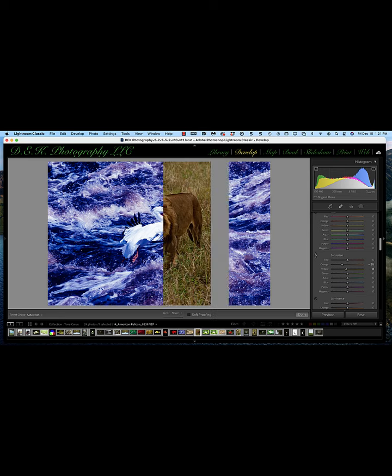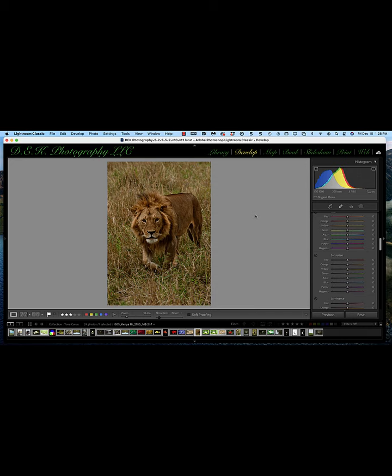So there's a lot of ways we can change the colors in Lightroom using the tone curve panel. We can also make some changes in a black and white image. Let's make this lion a black and white image. We'll go up to the treatment bar in the basic panel, click on black and white. Now he's a black and white picture. And if we wanted to get, say, an antique type picture, all we have to do is select the blue channel, and then we'll just drag it down just a little bit,